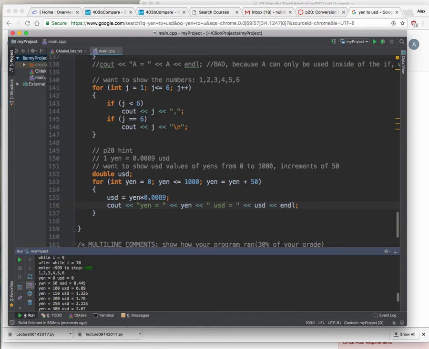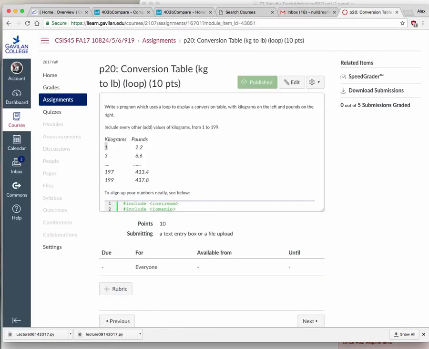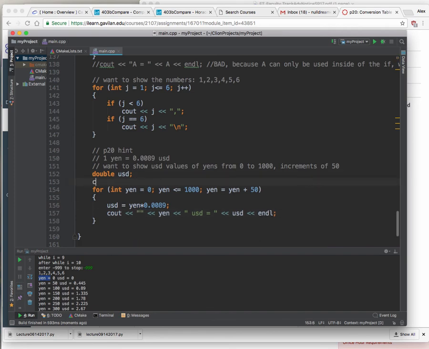Okay, but now the next thing that I want to do is, because look at the assignment. The assignment is actually asking you to put the labels on top, not kilograms equals and then pounds equals. So I just want to put the labels all the way on top. What I do, I'm going to take this stuff out of here. This, I'm going to put cout right here. I'm going to say this, yen, a little space. And then I'm going to put the dollar next to it. And if I spaced things the right way,